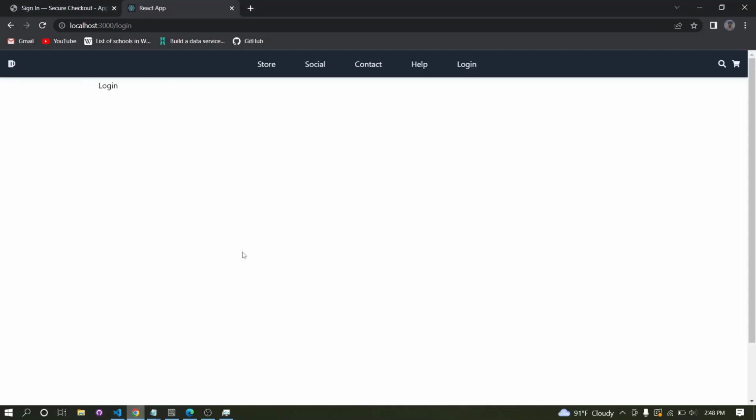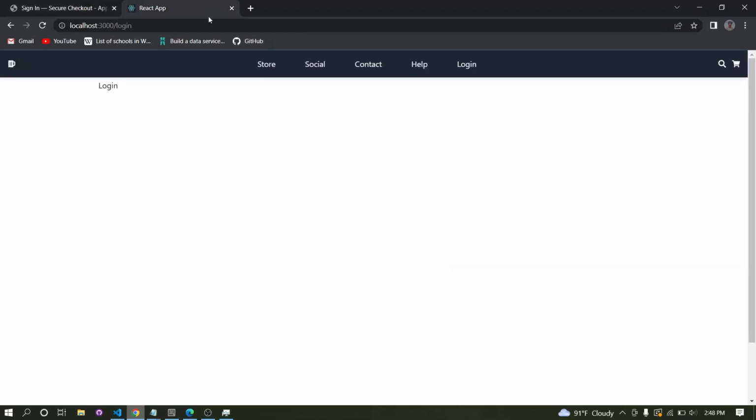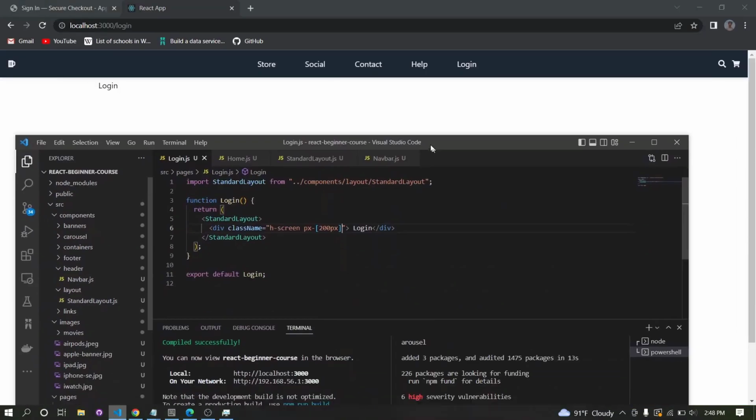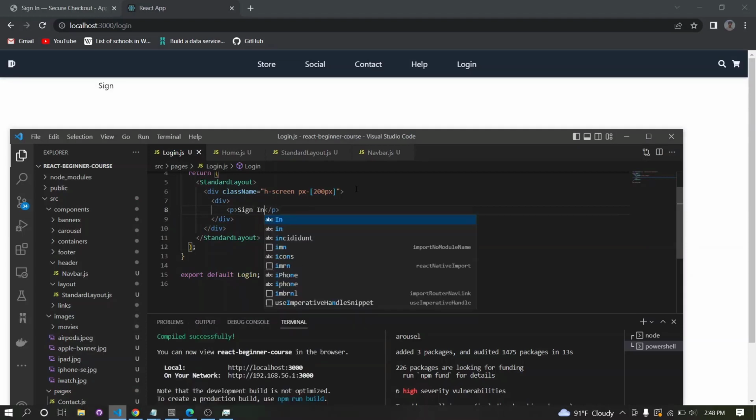Okay, now you can create sort of a sign-in form like this, but here they are only taking the Apple ID. But for now, I will just create a standard login form where it contains email and password. Okay, so now we can start the designing. So first I will make another div. So this div contain the p tag. So let's say sign in,